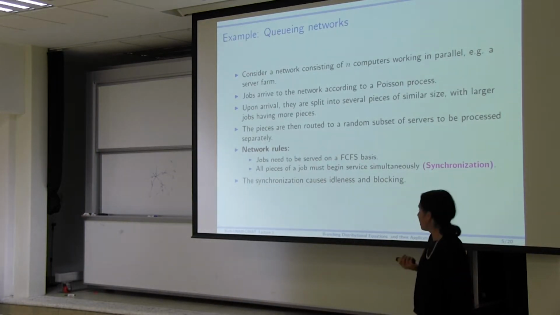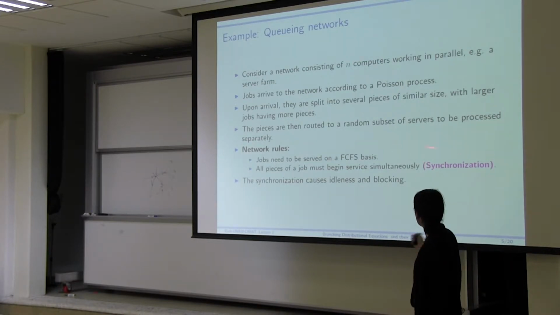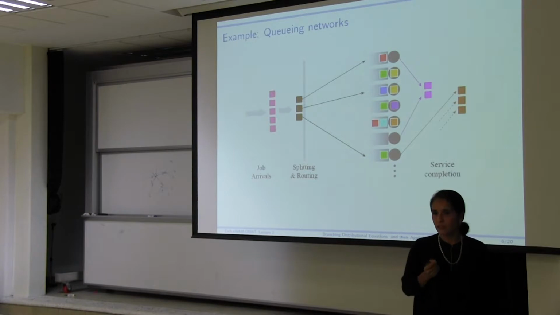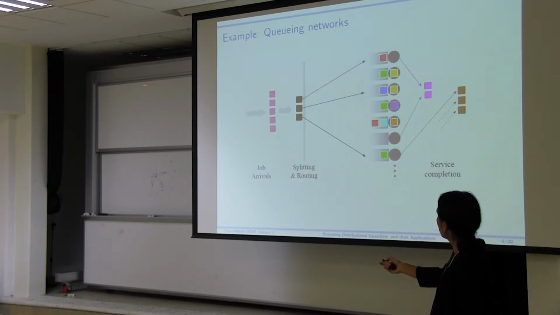We're assuming that everything is served in the order in which it arrives. So my pieces are going to be shipped out, and they're going to join a queue to be served on a first-come, first-served basis. The big thing here is that we require that everybody gets synchronized. This is the standard picture for the model. You have Poisson processes going in here. This is my job, the pink job, which has 5 pieces. The job in front of it is this black job that had 3 pieces.